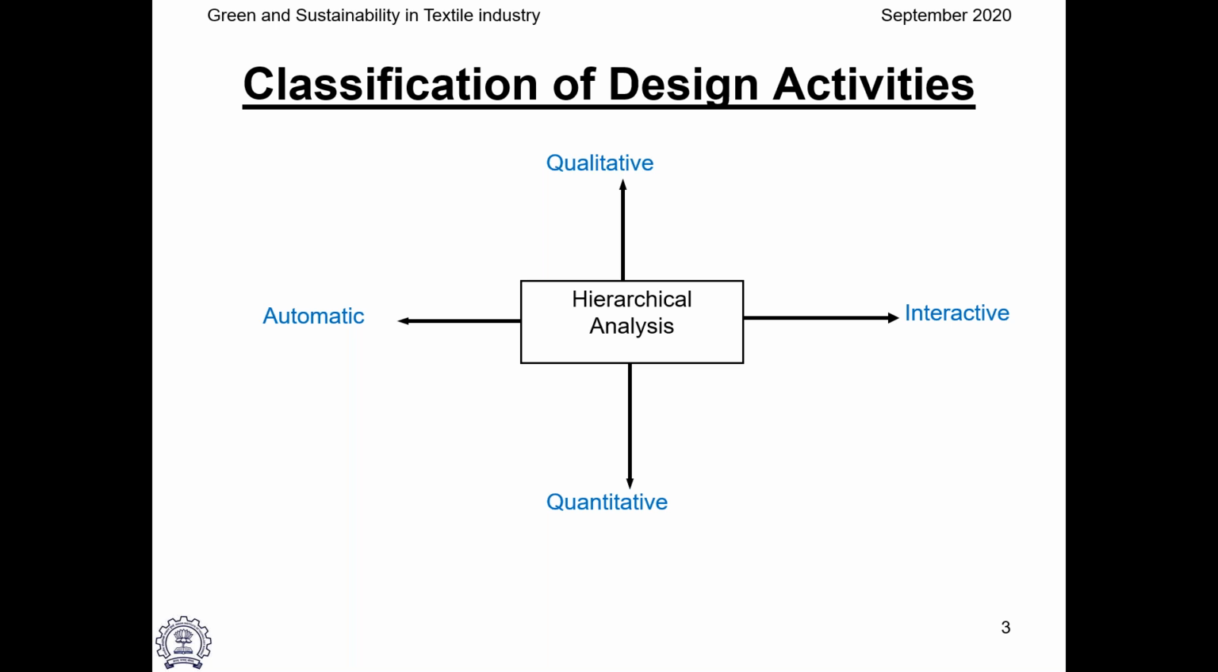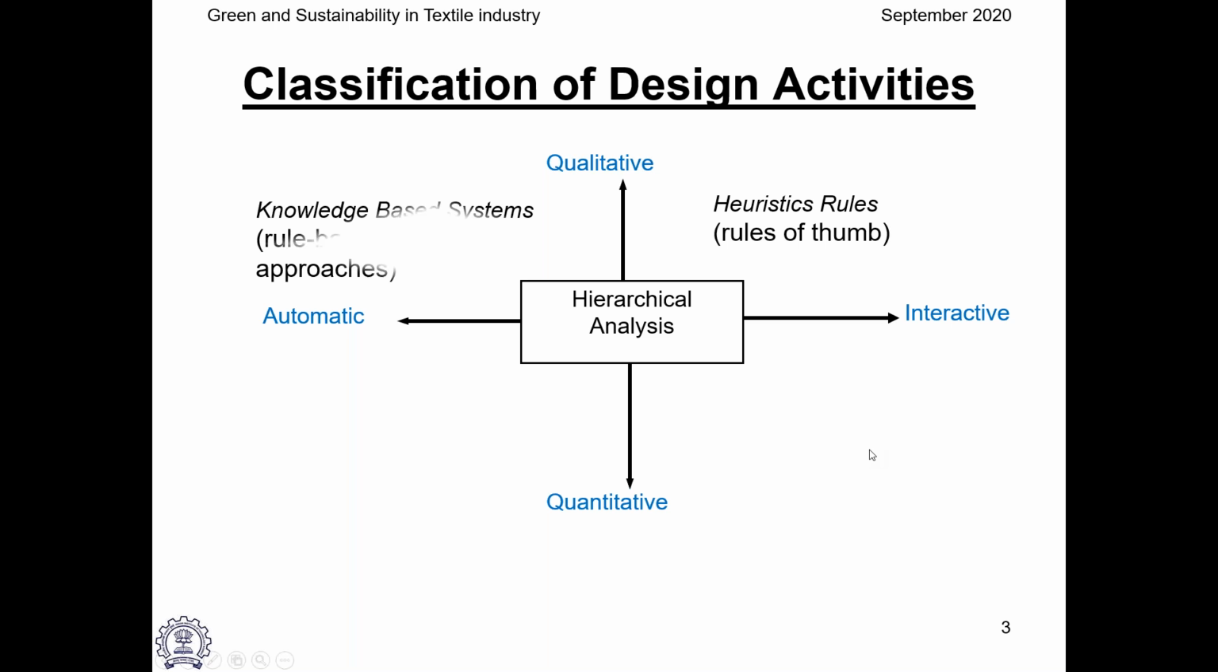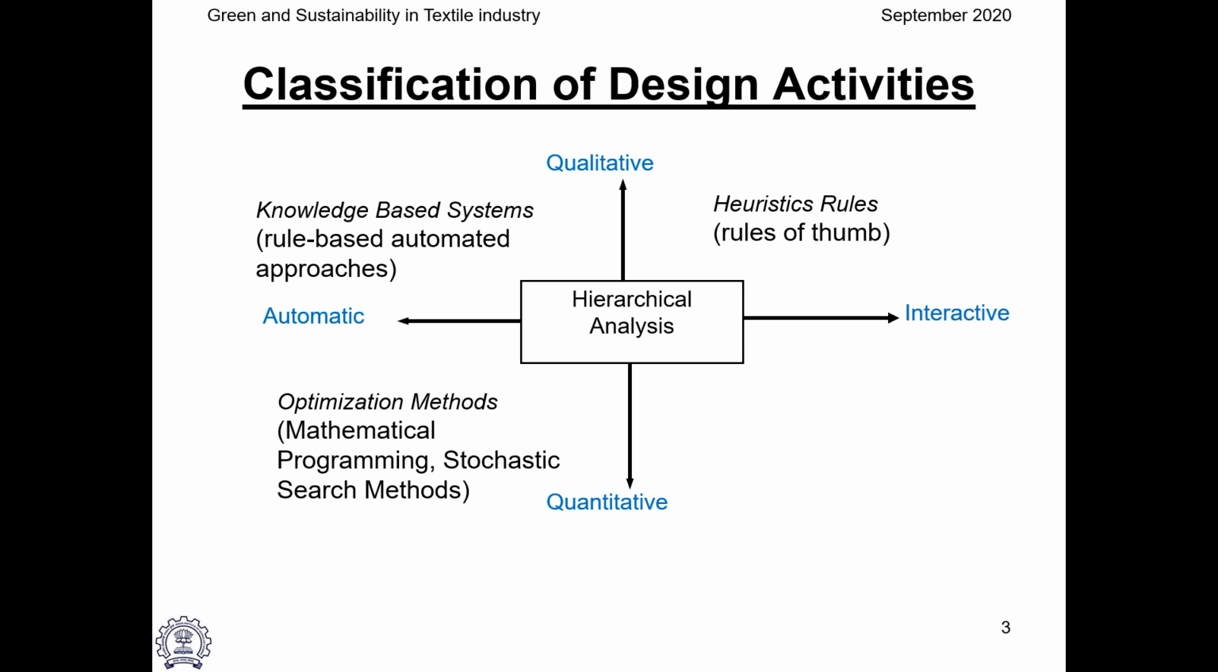The first quadrant has typically qualitative models with an interactive approach, where the designer takes the call. That's our heuristic rules. There are different heuristic rules. In the second quadrant, there are qualitative rules, however the computer generates the solution, and it comes out to be knowledge-based systems. This is now getting extremely popular with the coming of artificial intelligence and machine learning. Then there are quantitative methods with an automatic approach, which are the optimization methods,